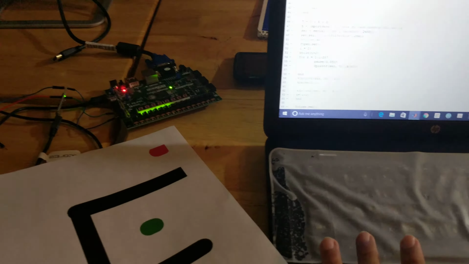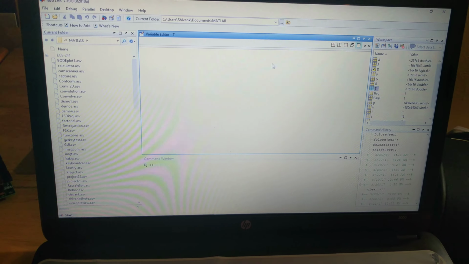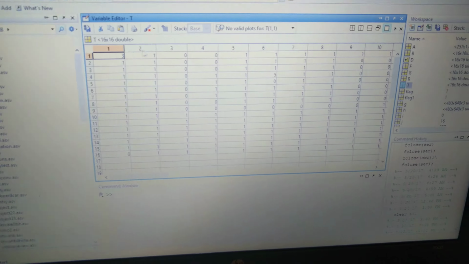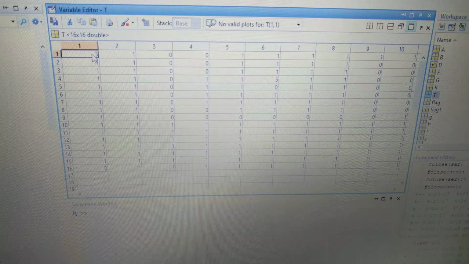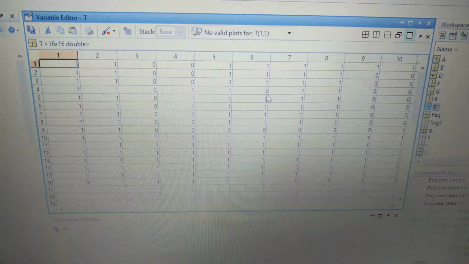I'll show you the command window on MATLAB, which has my maze. So you could see here that my first coordinate is 3, which is exactly the start point, and my middle coordinate over here is 5.